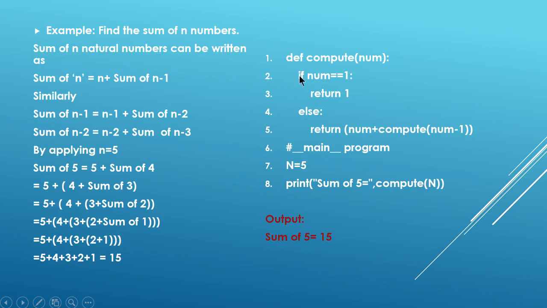So it will go to this particular statement, compute of 5. To this particular place it will be returned. Now what is the final value that is returned? It is 15. So that 15 will be printed here. Do you understand? So this is how the recursive function has to be written, and this is how it will execute the program.